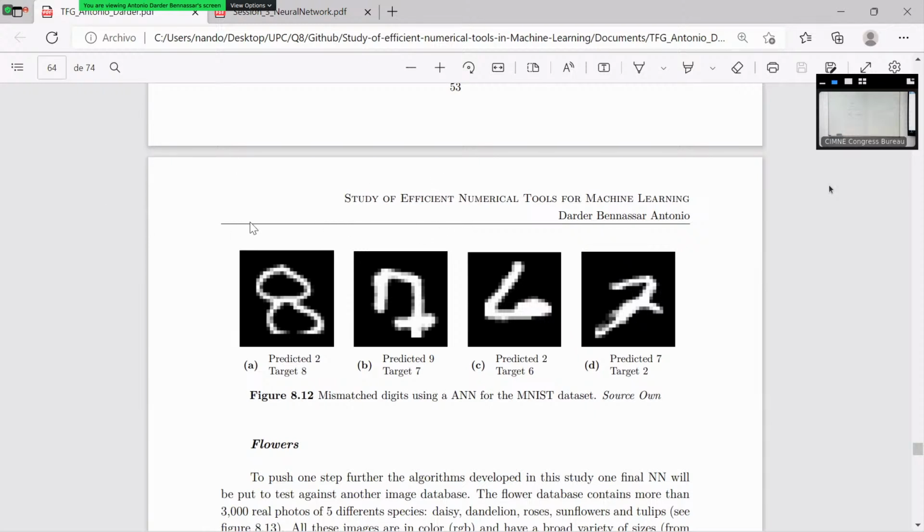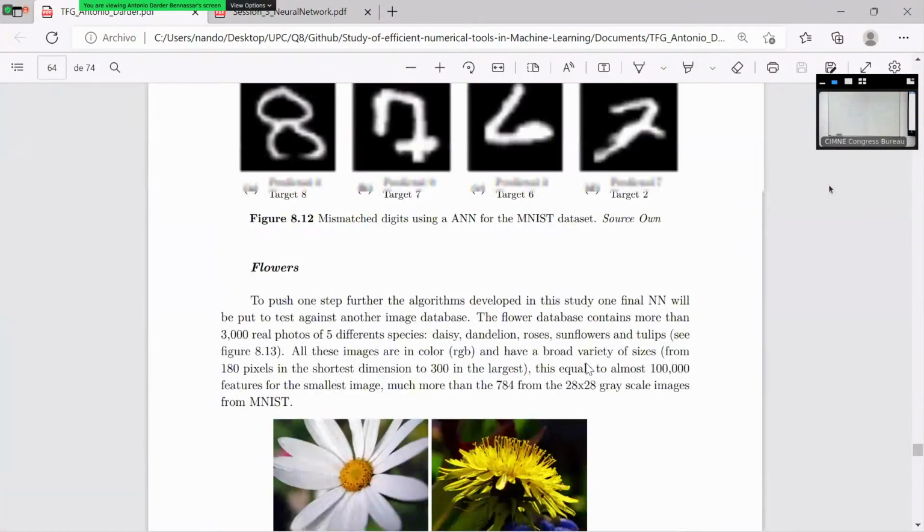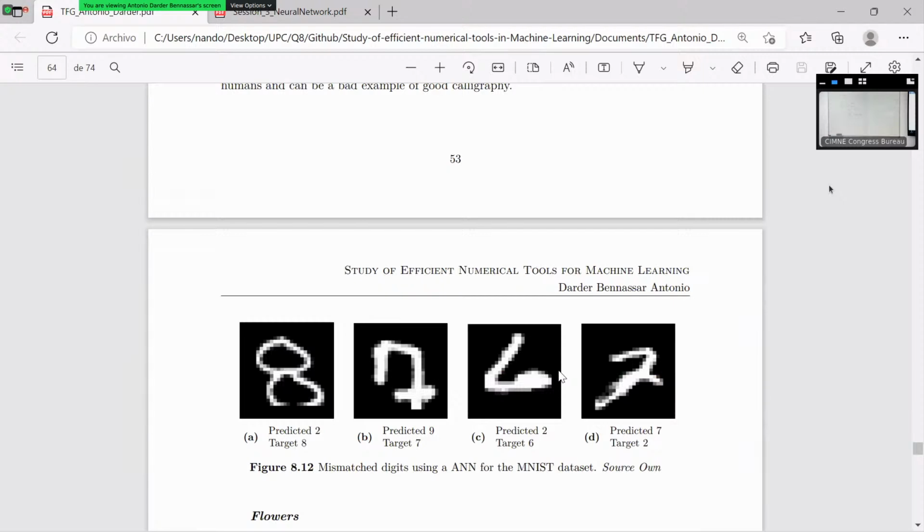And here we can see some of the errors that the network got. For example, in theory, this here is a 6, but the network said, okay, I think it's a 2. I don't know, because maybe it's the lower part of a 2, but it doesn't seem like a 6. And this is a 2 in theory as well, and the network thought it was a 7. I think it's pretty similar to a 7. But it's what happens with real data sets, that some data is not the best